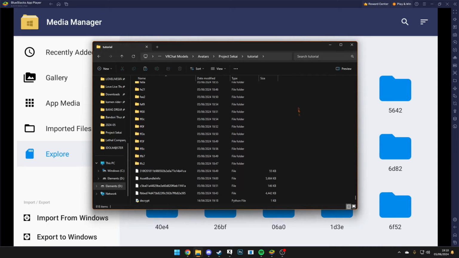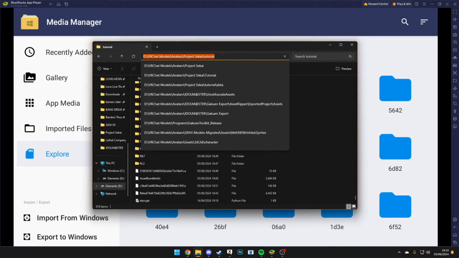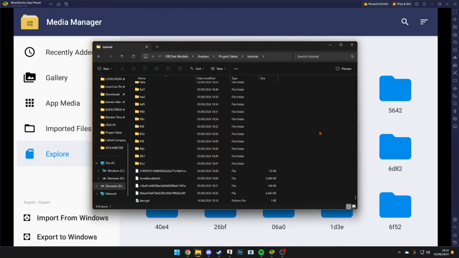So it's down there. Then you want to copy the path. Oh, sorry, got stuck in my throat there. Then you're going to need Python installed. I'll put a link to Python in the description as well. Once Python is installed,